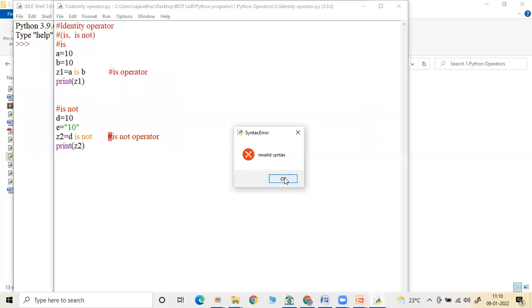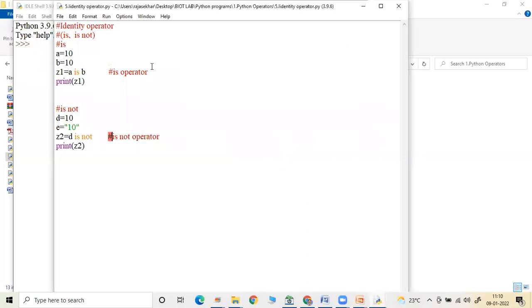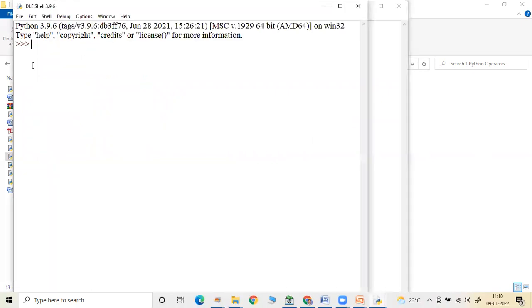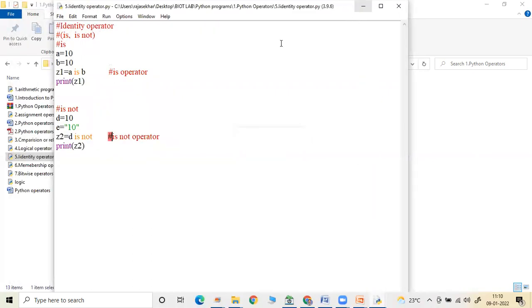Somewhere here I mentioned... let me check here. Wait. I think there is a problem here. What I mentioned here is 'is' and 'is not'. D is not E, I missed this statement actually. Let me take it like this.